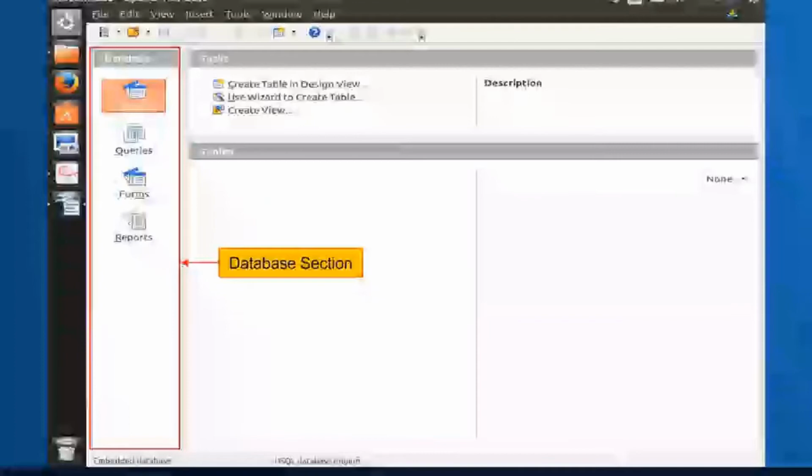To reorder the table fields, you can use the up arrow or down arrow buttons. Two buttons are there on your window. You can see that. Click on those buttons to move up and down.